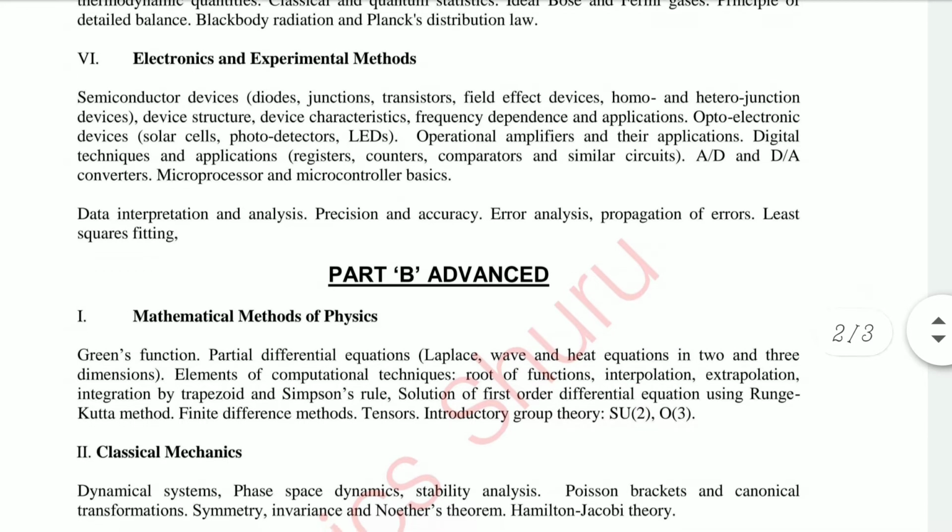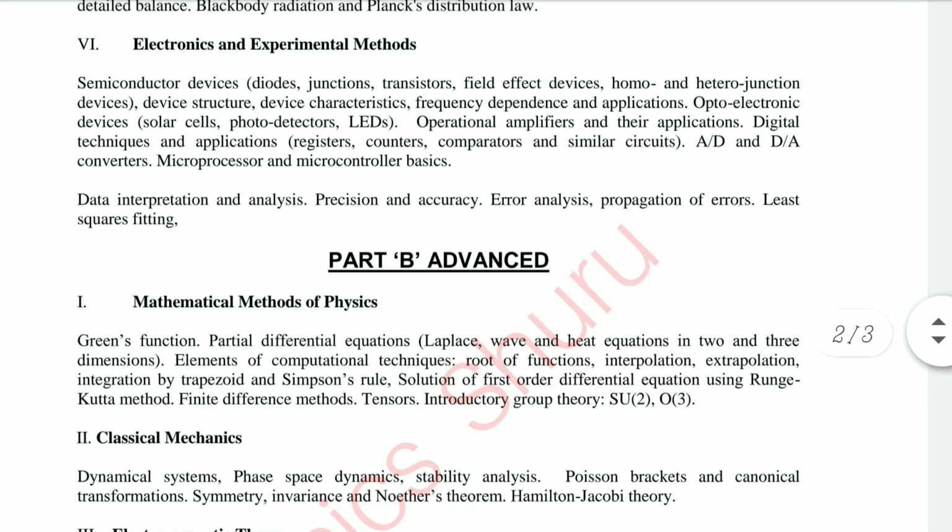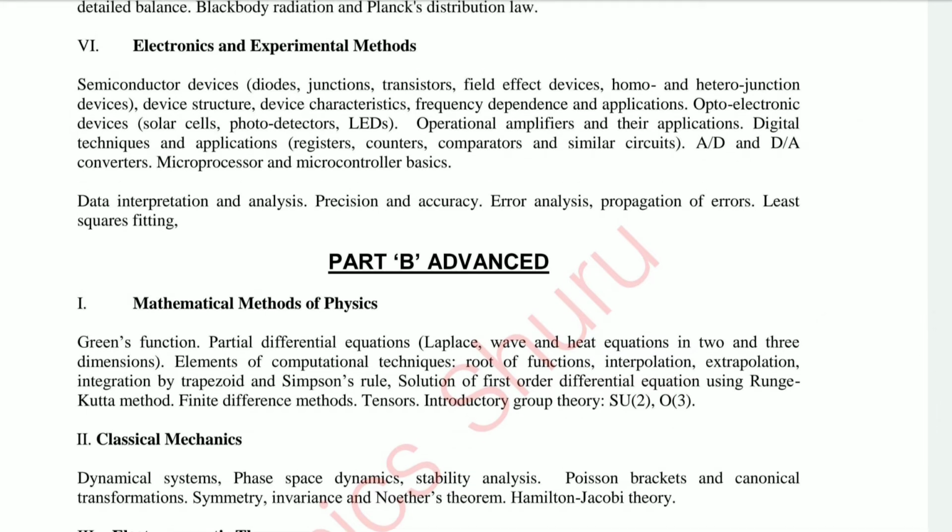And then you have to read data interpretation and analysis, precision and accuracy, error analysis, propagation of errors, least square fitting.